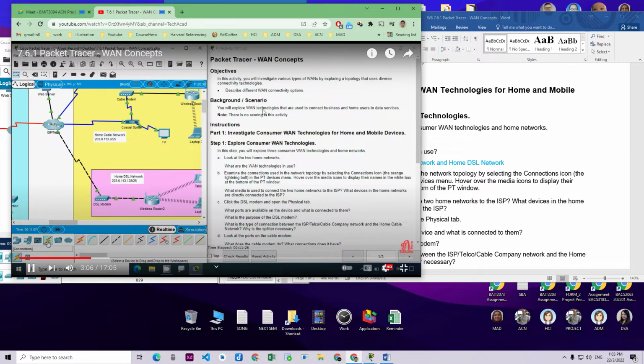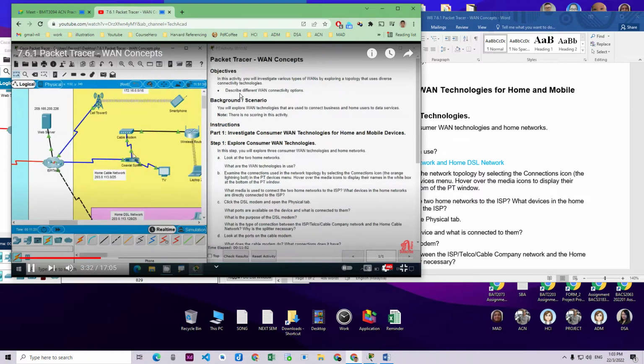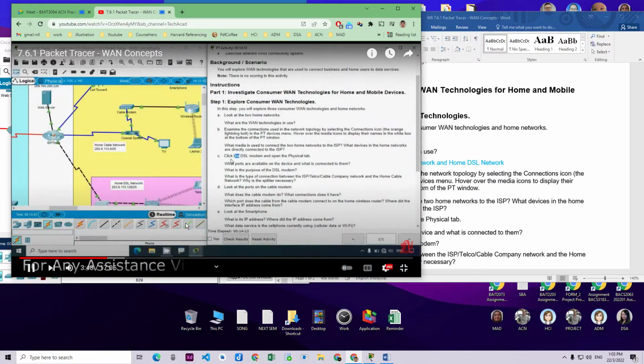We can see the connections. We'll go to connections, and we will see they connected from ISP to this DSL modem using this phone cable. And here we can see from ISP to this home cable network, they use coaxial cable, which is connecting to this coaxial splitter. And actually, this smartphone is connected to this cell tower, and cell tower and ISP is connected using coaxial again. Perfect. Click the DSL modem and